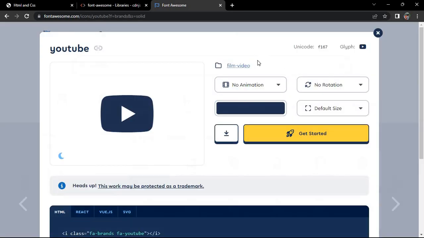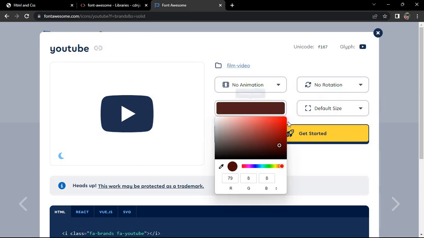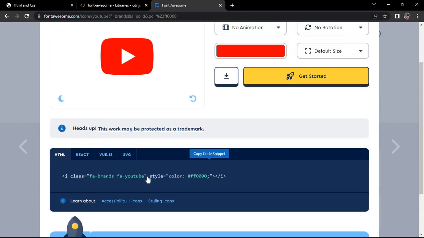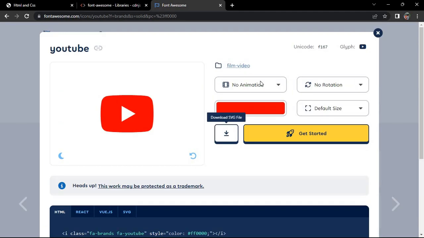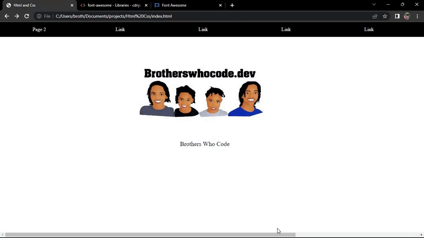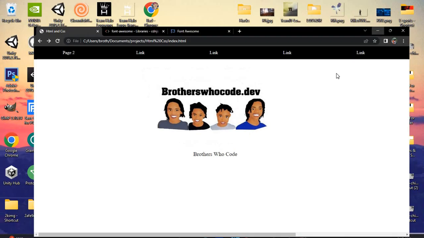and as you can see, they have a YouTube icon, and you can change it in a couple of ways. You can make it animate, rotate it, or change its default size, and also change its color. In this case, I'm just going to change the color to red, and once you're done doing whatever changes you want to do here, you just want to come down here and hit this, just left click it, now copy it,